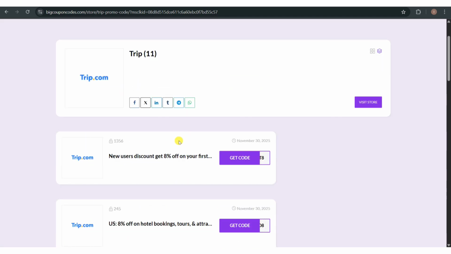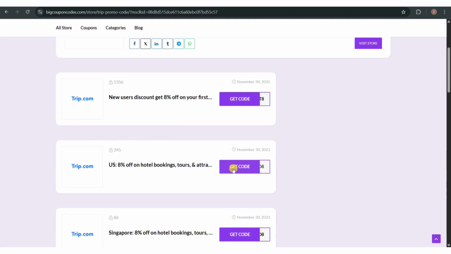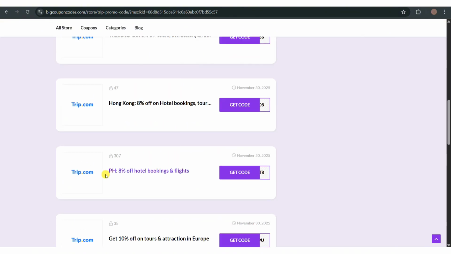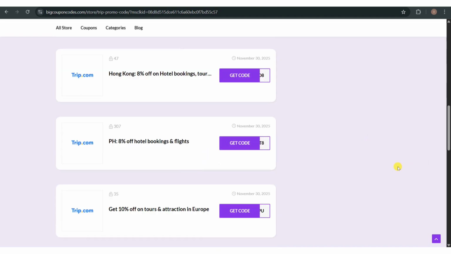For example, for this specific code, you can get 8% off on hotel bookings, tours, and attractions when you copy this code when availing a trip on trip.com, which is exclusively for US users. So you'll be able to find all of the codes that you can claim depending on your country. For example, 8% off on hotel bookings and flight. You can simply copy this code